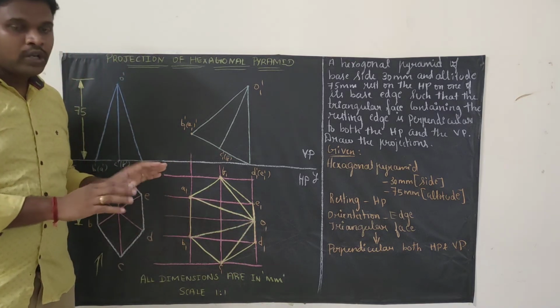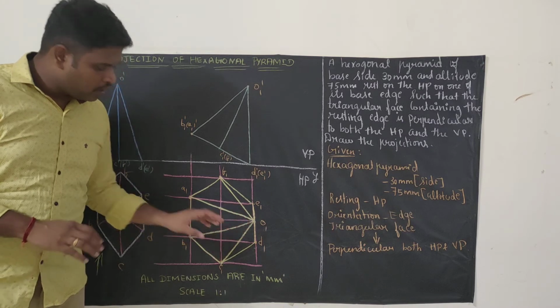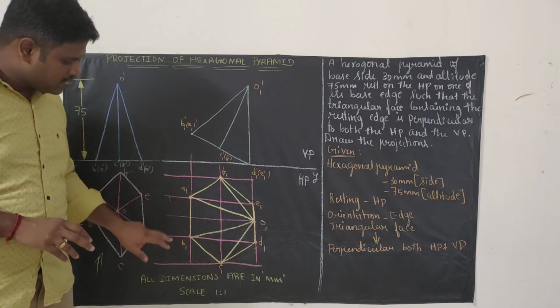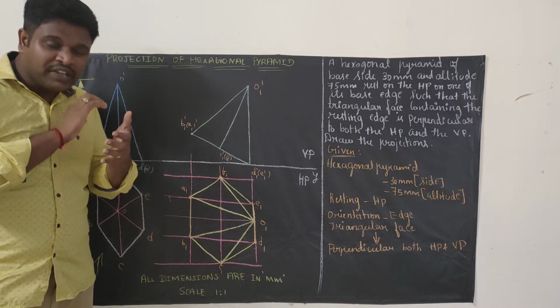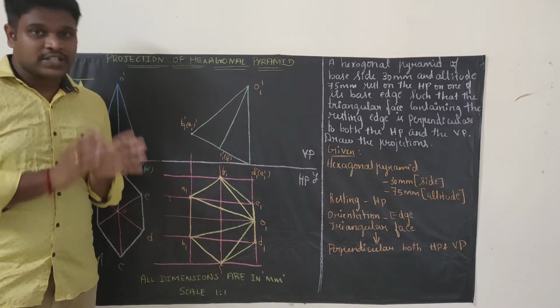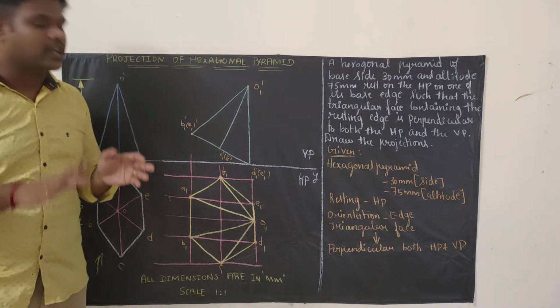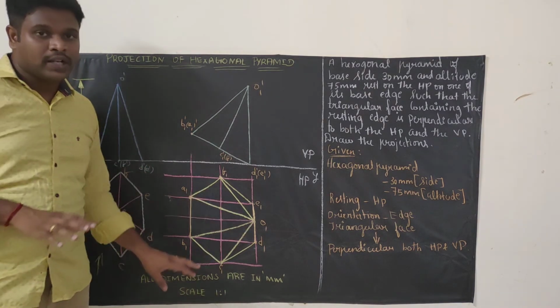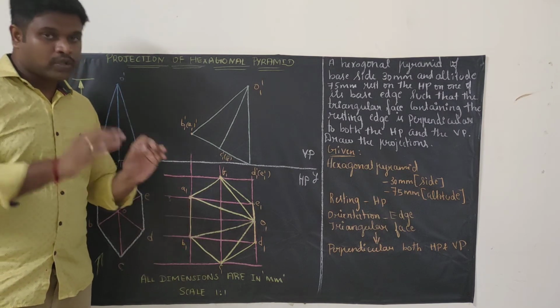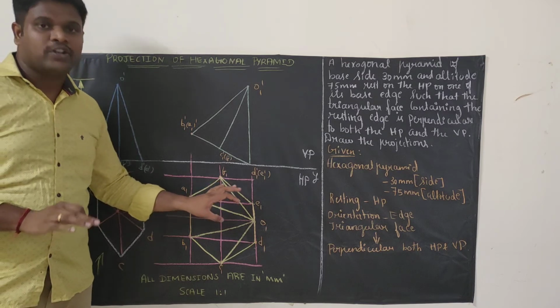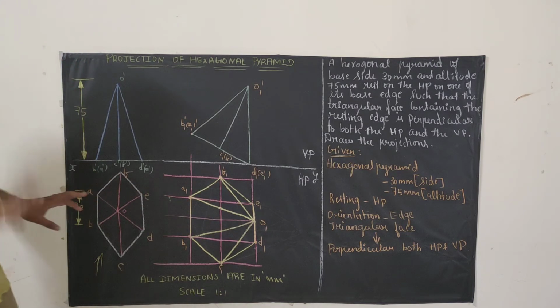Now, whatever I have drawn with my yellow color chalk is your solution, and you have to draw these pink color lines very lightly. These are not called extension lines. Extension lines should be seen, but they should not be seen darkly. So only what I drew with yellow color chalk is your solution. It should be drawn with an HB pencil. The extension line should be drawn with a 2H pencil. It should be very light.